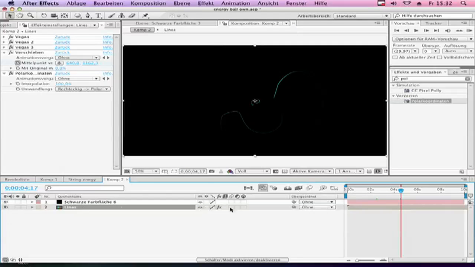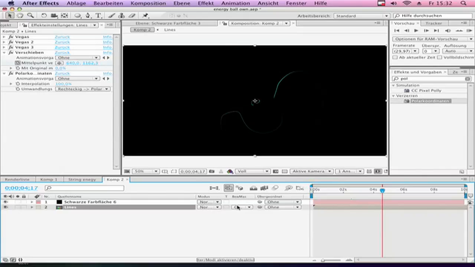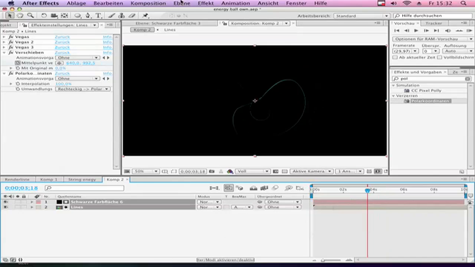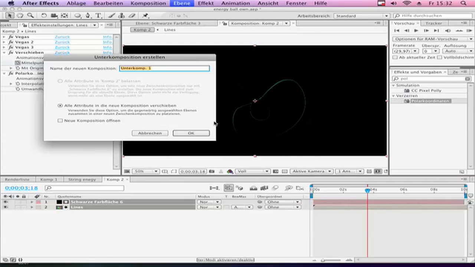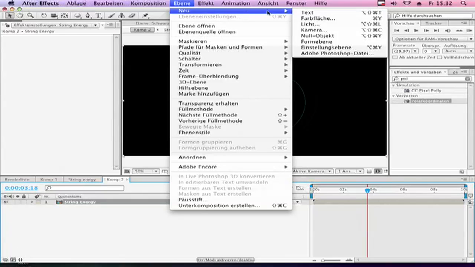Then go to your lines layer, click here to get your track matte. Set this to alpha inverted. Now select all and go to Layer, Pre-Compose. Call this String Energy. Now make a new solid,